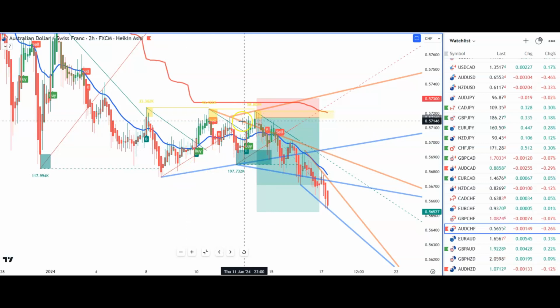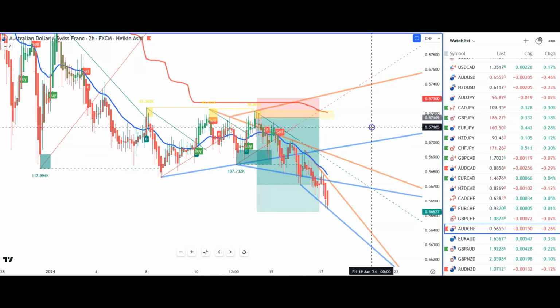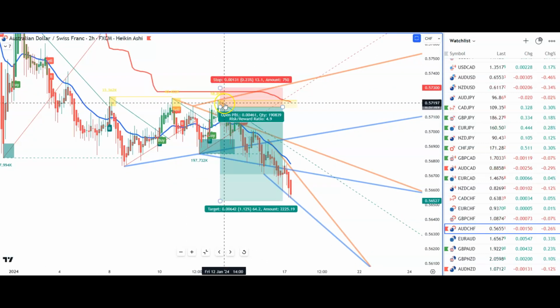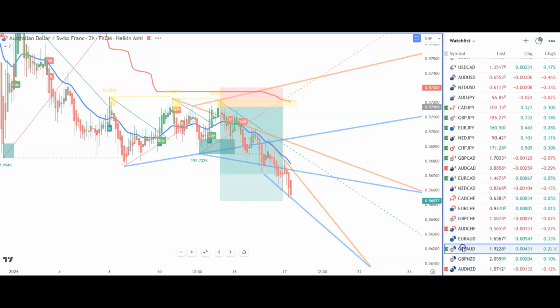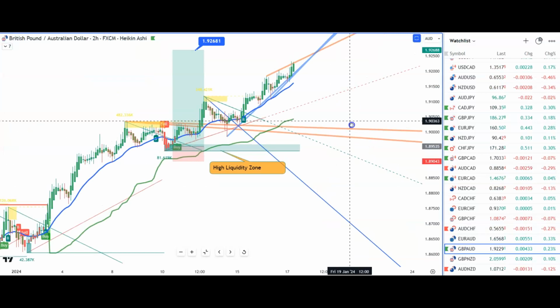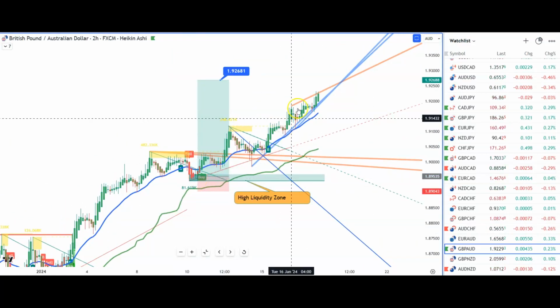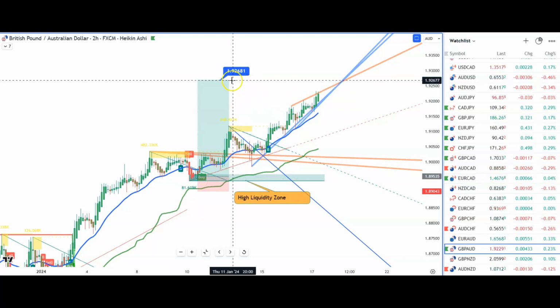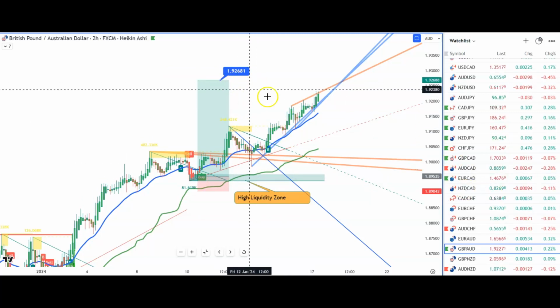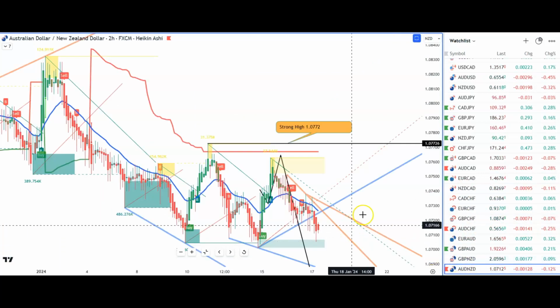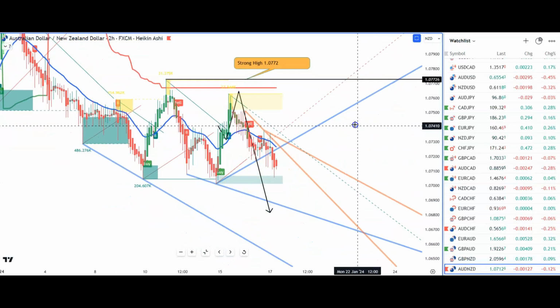So it came back into liquidity as mentioned in the VIP room, and another great opportunity to sell with a very tight stop, 13 pips there. Pound Aussie, I mentioned this in the VIP room as well as a trading opportunity. It came into liquidity here. The maximum you need to get out of it is 192.68. So don't be greedy on that. That's a very high resistance area, 68% if I remember rightly. Aussie New Zealand,